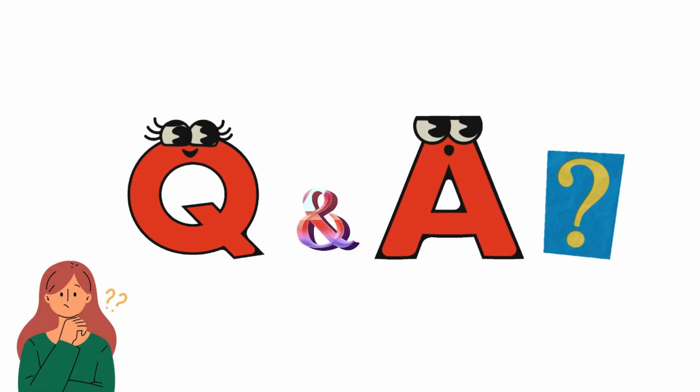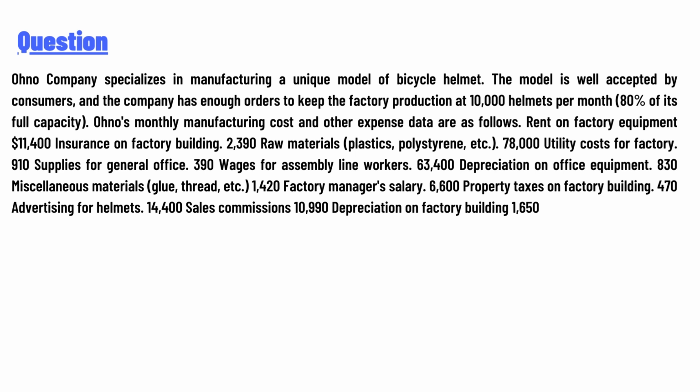Our today's question is: Ohno Company specializes in manufacturing a unique model of bicycle helmet. The model is well accepted by consumers, and the company has enough orders to keep the factory production at 10,000 helmets per month. Ohno's monthly manufacturing costs and other expenses are as follows: rent of factory equipment 11,400, insurance